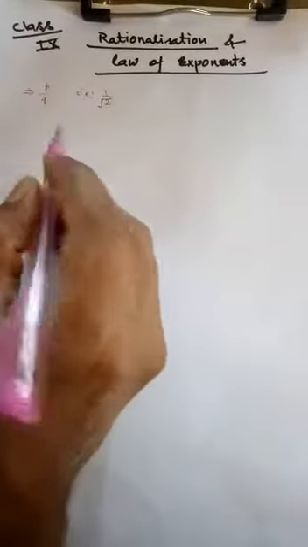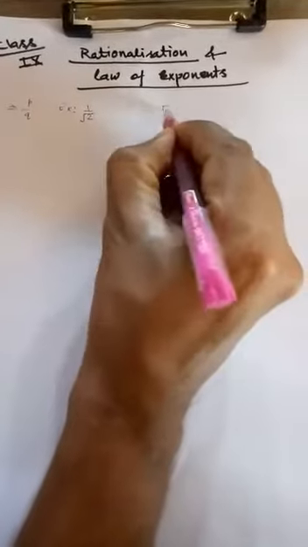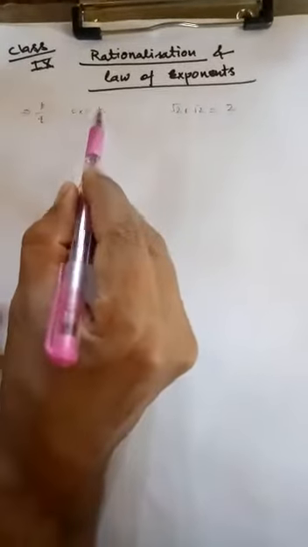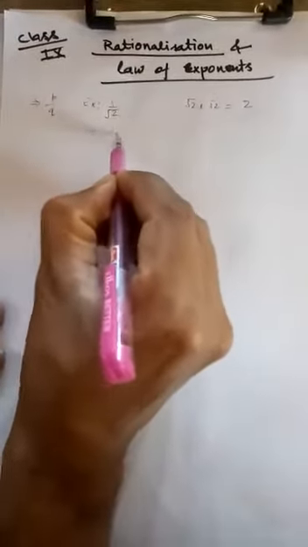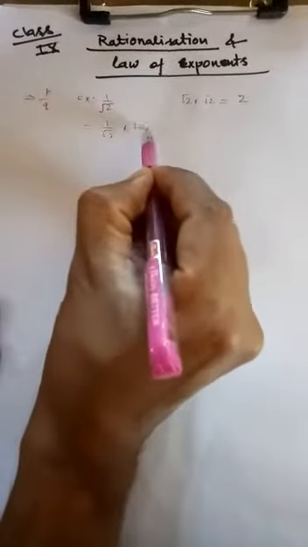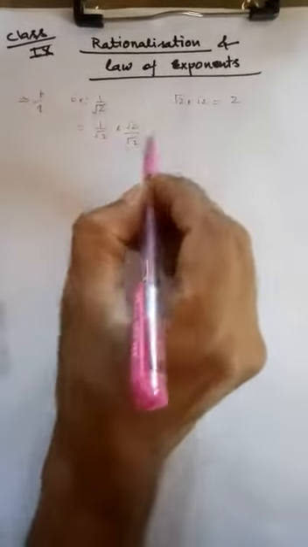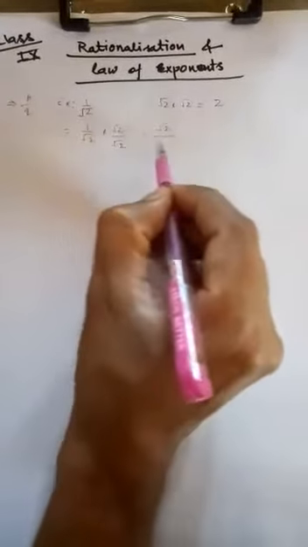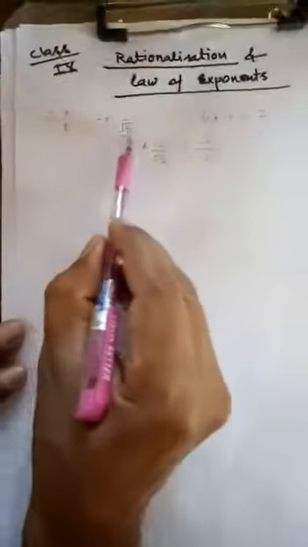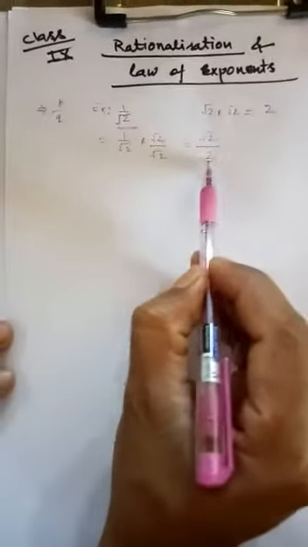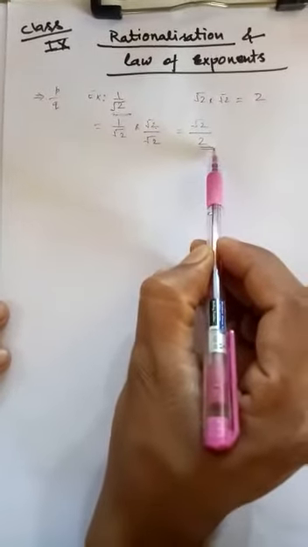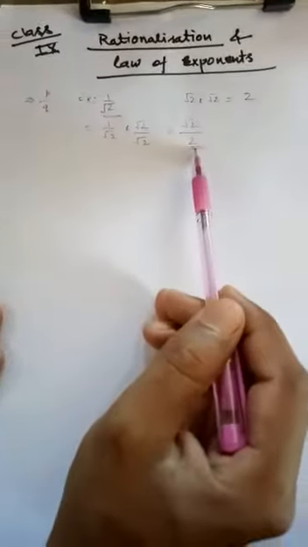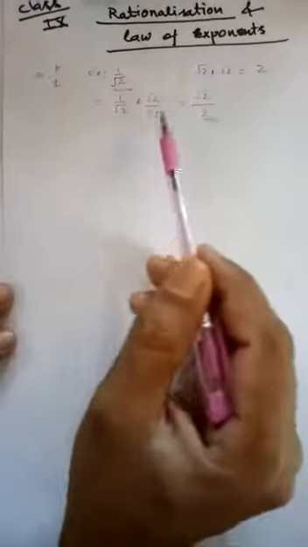That is our requirement. As we know, if we multiply root 2 into root 2, we will get 2 only. So here in the denominator we have root 2. If we multiply the same quantity to the numerator and denominator, what do we get? Root 2 into 1 is root 2, and root 2 into root 2 we get 2. Now our denominator is rational. So the rationalization concept is how to make our denominator from irrational to rational. So this is one example.